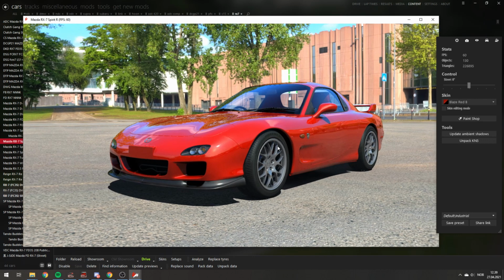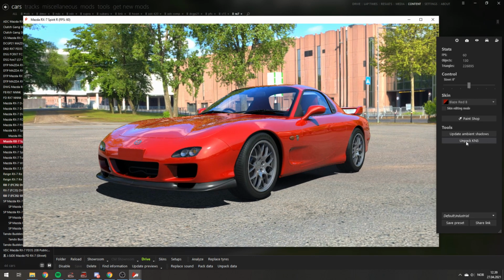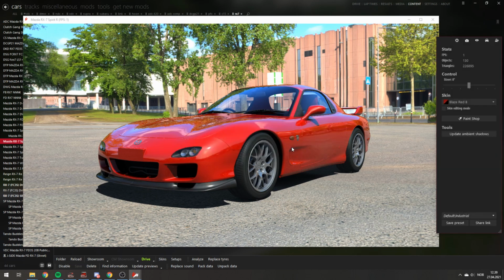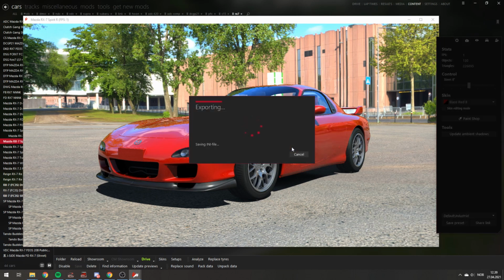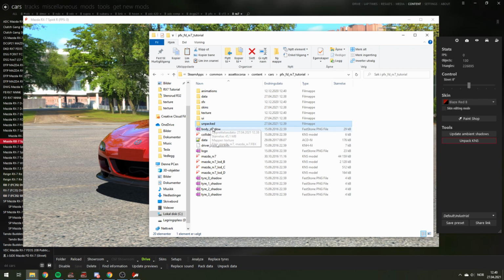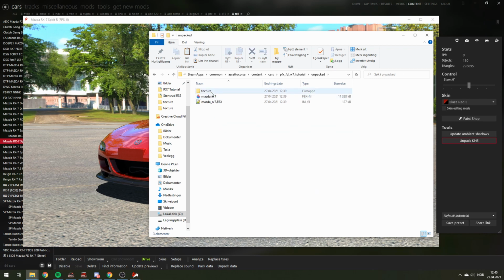If this is the first time in developer mode, you will notice that you have an unpack KN5 button right here. Click this one. I've already done this, but you click yes, you want to unpack, and after that you end up with this folder. You end up with a folder named Unpacked, and in there is a texture folder, your FBX file, and your persistence file, which is